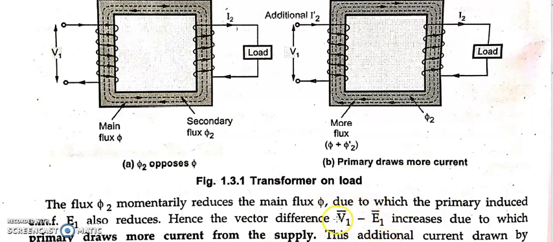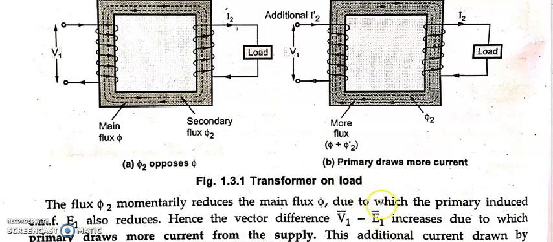Yes or not? Let us say V1 is around 230, and let us say E1 is around 100 volt. Just an example, it may not be relevant or exact with respect to actual working. Just for an example, V1 is 230 AC supply and E1 is 100 volt before connecting any load. Now after connecting the load, what happens?